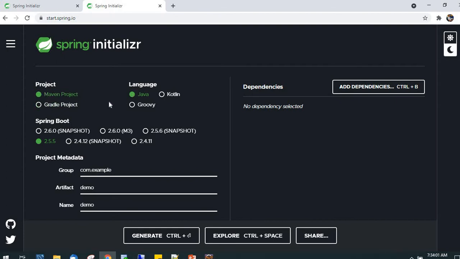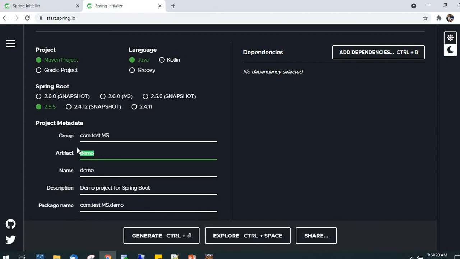By default, it will be Maven project only, and we are using Java. You can select the version of Spring Boot, and here you can give the package name, com.test.micro. I'll give ms. Okay. So here the project name, I'll give wallet